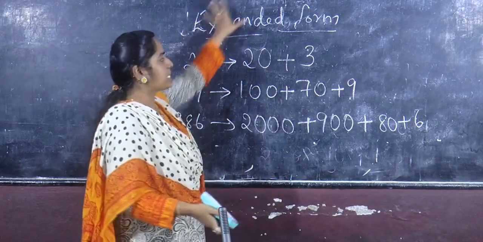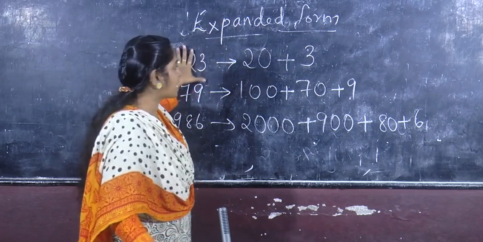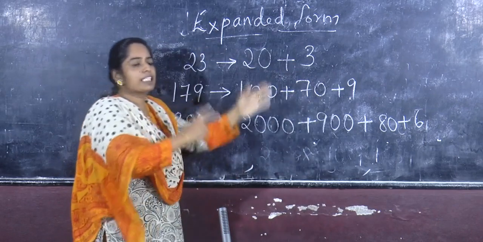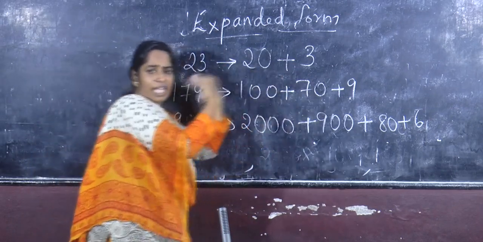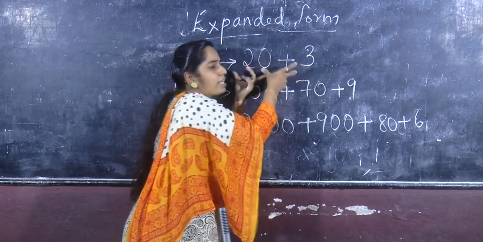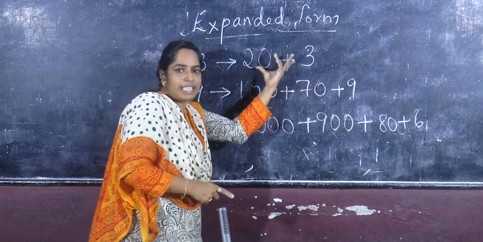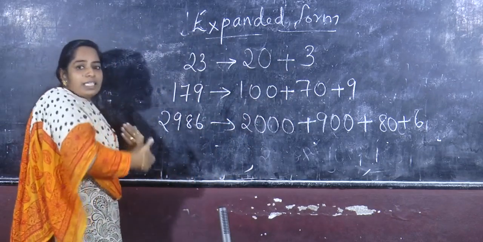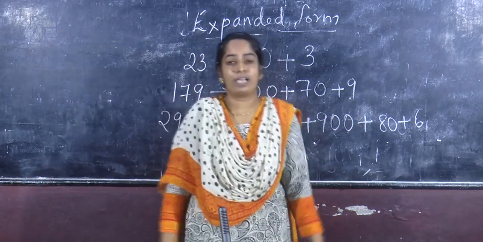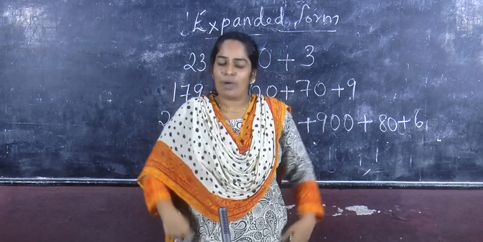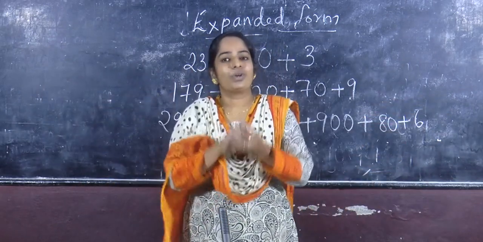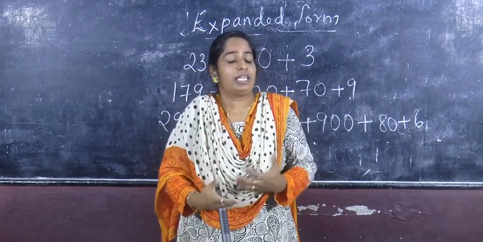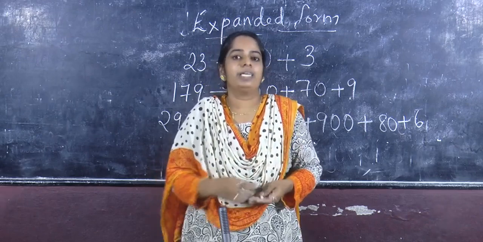Again, one more, that is the standard form. This is the expanded form, isn't it? This number to this number is known as the expanded form. So in the reverse order we can think it out, isn't it? When they give the question like this expanded form, how will you write the standard form? Standard means we are standing straight like this. Expanded means standing like this and all. So you must think like that and study. Then it will be very easy for you to study mathematics.